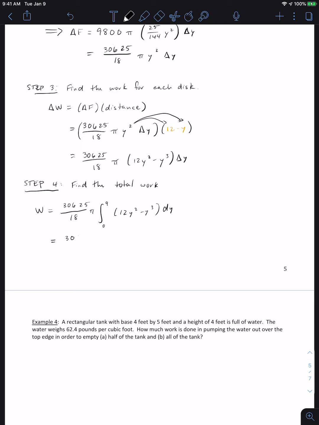So now I get 30625 over 18 pi, and now I get 4 y cubed minus 1/4 y to the 4th, evaluated from 0 to 9. And when I multiply that all out, I end up getting